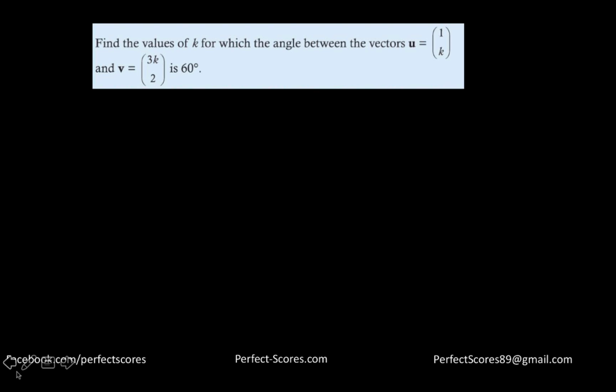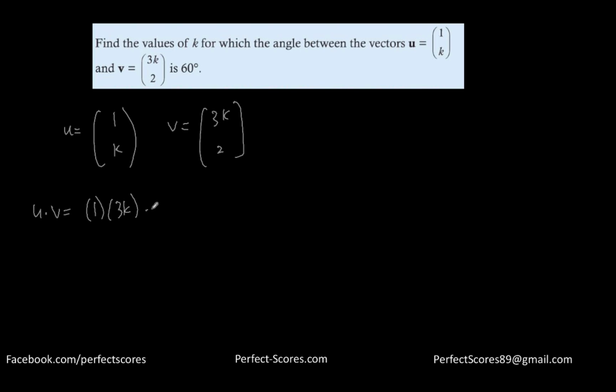Another question says: find the values of k for which the angle between them is 60 degrees. So u is equal to (1, k), and v is equal to (3k, 2). Now u dot v is 1 times 3k plus k times 2, which is 3k plus 2k, which is actually equal to 5k. Magnitude of u is just going to be the square root of 1 plus k squared,